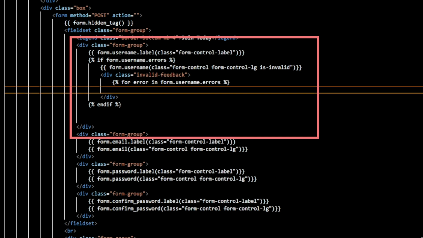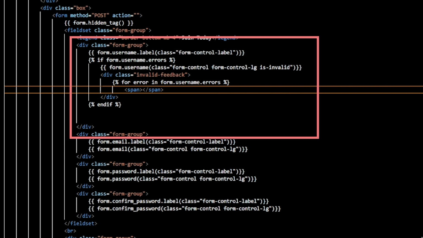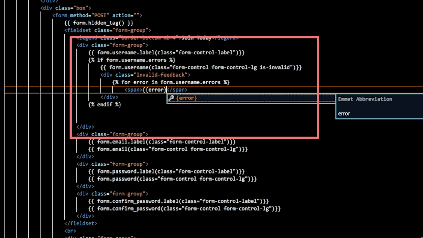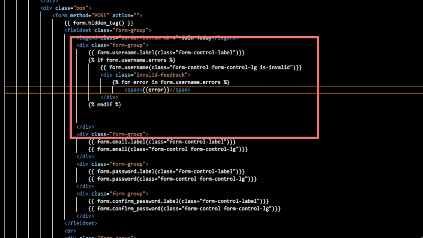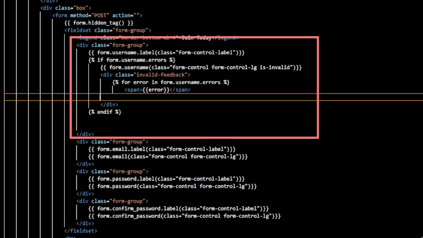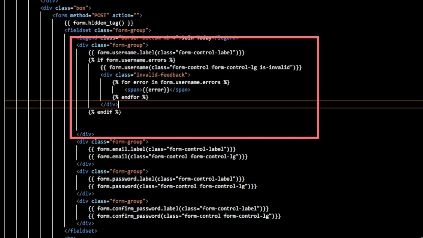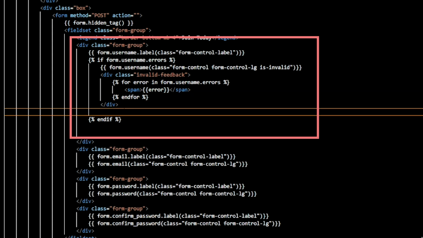and basically here what we have to do is we are going to create a span, and inside the span what we are going to provide is the error. Okay, and then we have to close the loop. We close this loop, and end for. Okay, this is correct. Div, we have this, and now basically in case that we don't have any mistake, we have to